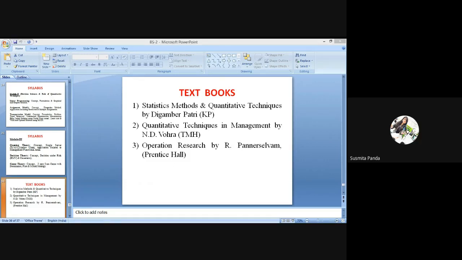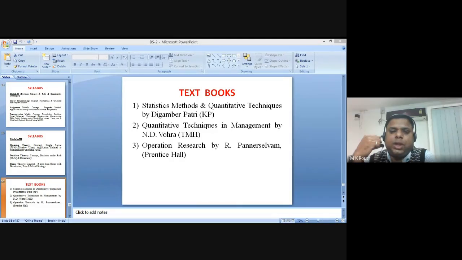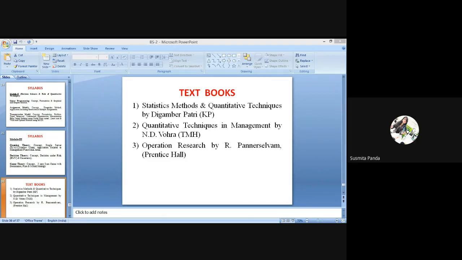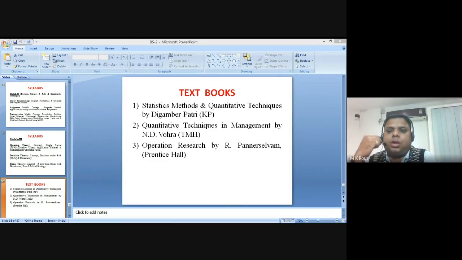Sir, excuse me, sir. Yes. These three books, do we have to buy them, or just one book? That depends upon your mood. Actually, we have that much facility in our library, we can provide those books. But sir, we can't go right now. After offline classes begin, it is better you search for a soft copy on Google. I will provide some links for these modules.